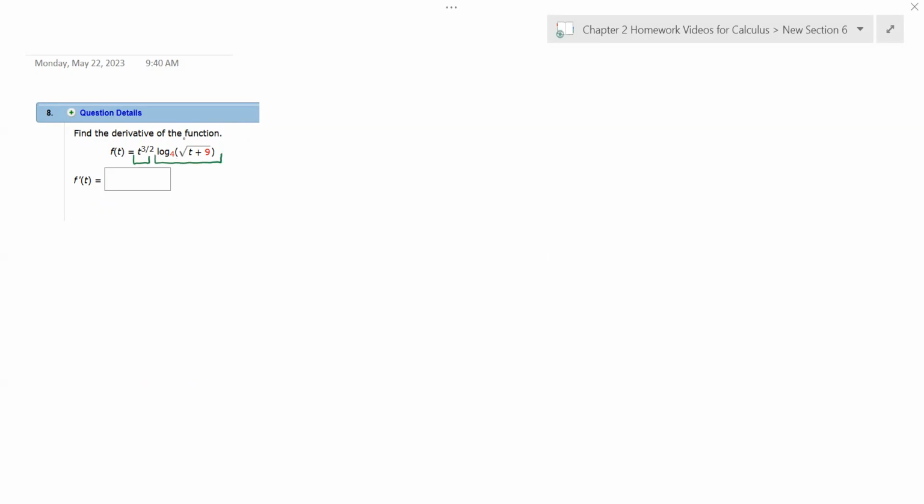Part of applying the product rule involves finding the derivative of log base 4 of the square root of t plus 9. Just want to make a comment on that. Keep my variable at t. It's very common to want to switch it to the x variable. So if I'm differentiating just this factor,